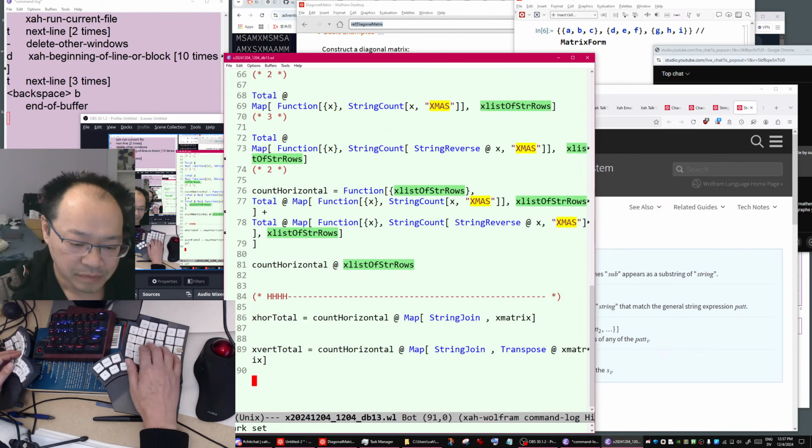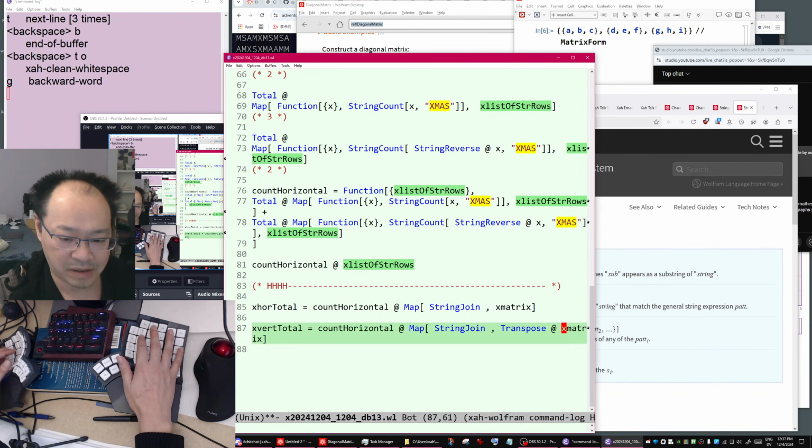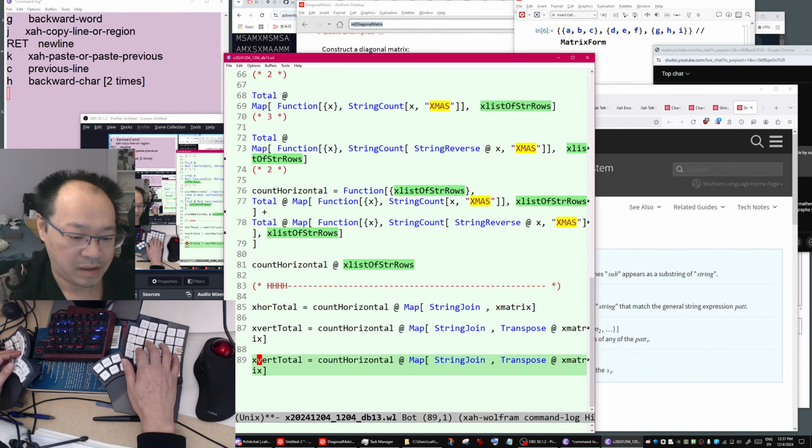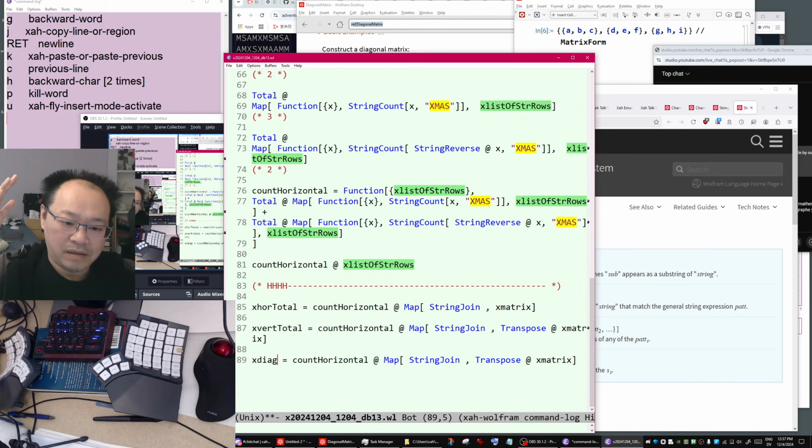Let's not. So what about diagonal? Horizontal, vertical, there are 2 diagonals, so you need a term to distinguish. Can we say slash and backslash?